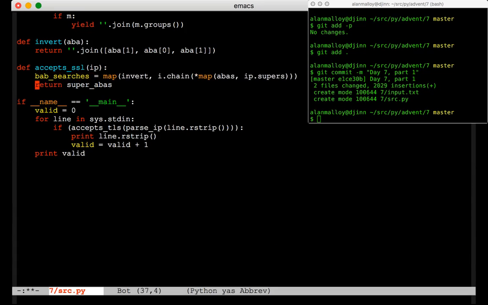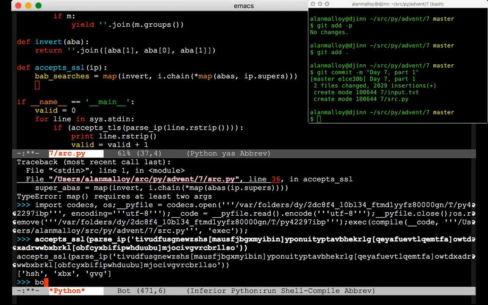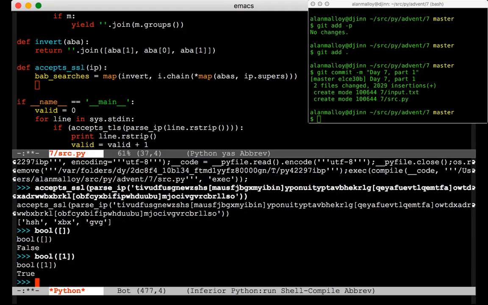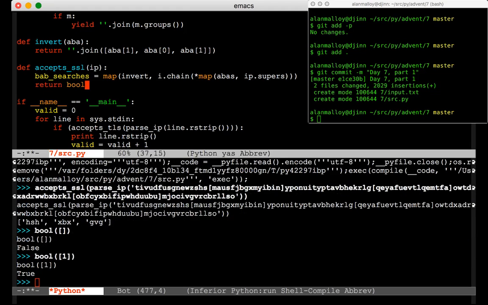Okay, great. So it was doing the right thing. I just forgot what it was supposed to do. And then we just... what is bool a function? Bool of list? Yes, returns false. Bool of 1 returns true. Perfect. Return bool of